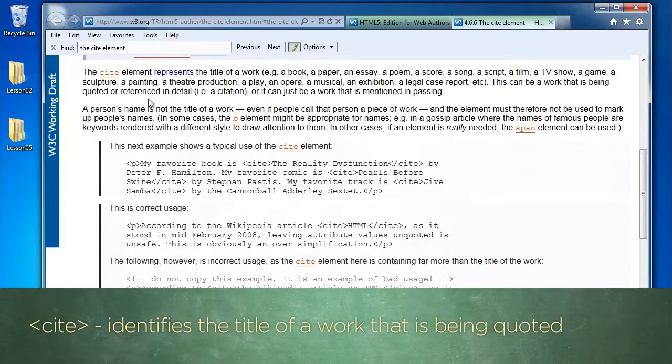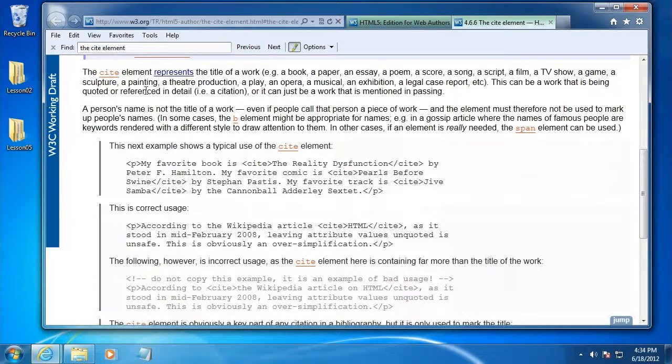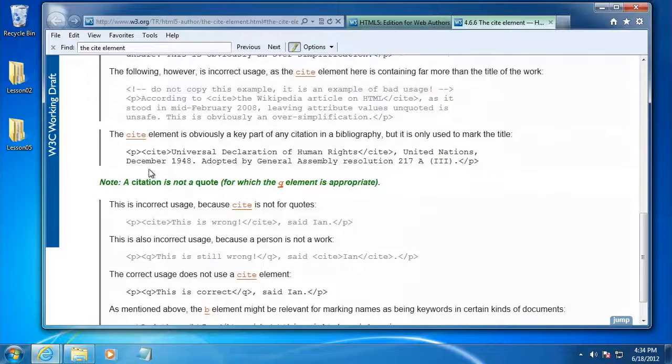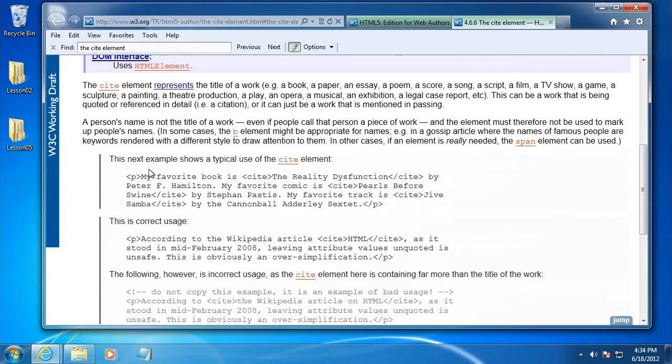This can be a work that's being quoted or referenced in detail. So you use this to identify the title of a work that's being quoted, perhaps in a nearby block quote section. And you can see some examples of this here. Well, they don't have a block quote here. But you can see how we're citing specific